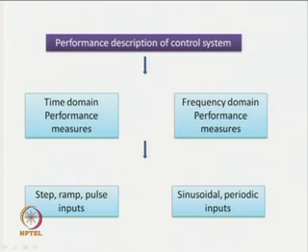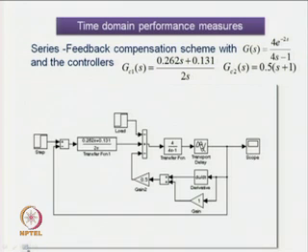To obtain the time domain performance measures, usually step, ramp or parabolic types of inputs are applied to the closed loop system. Whereas, to obtain frequency domain performance measures, one applies sinusoidal periodic inputs to a closed loop system. To know in detail how to find the performance description of a control system, let us consider the block diagram